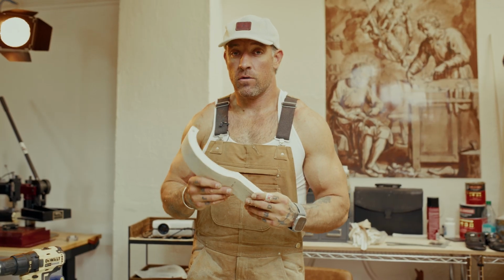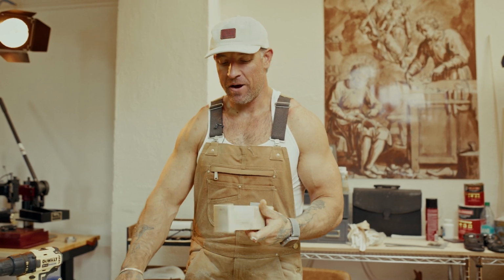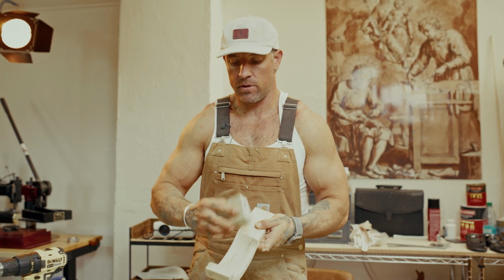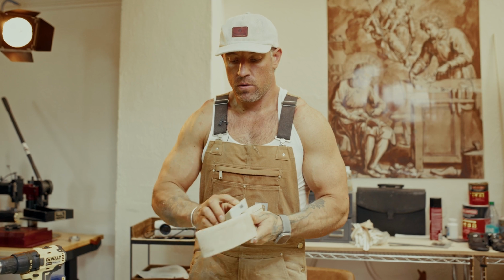All right, I got everything rough sanded, including my fingers from the belt sander. Now you just take a sanding block or just some sandpaper and clean up those 90 degrees, just so they're not real sharp and they're nice and smooth. Once you're done with that,